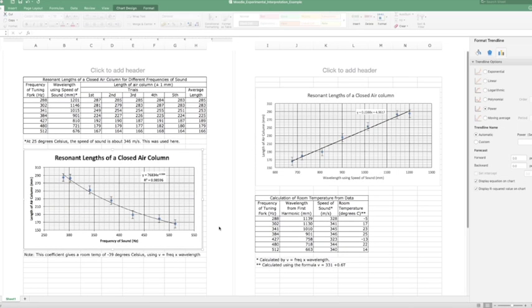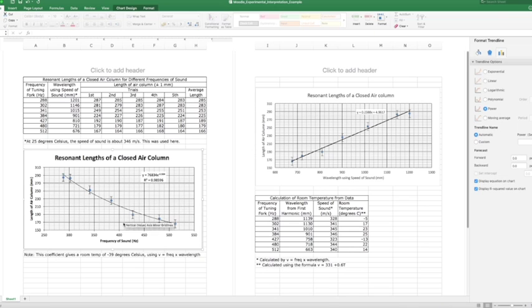In this module, we encountered this example that I'm using here, where a student provided data from trying to determine how long of an air column was needed to produce resonance with different frequencies of tuning fork. So I have that same data here. I've added a little bit that we'll talk about soon, but first I want to talk about this graph,